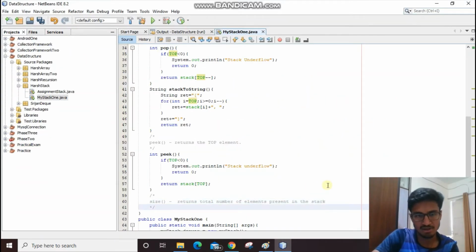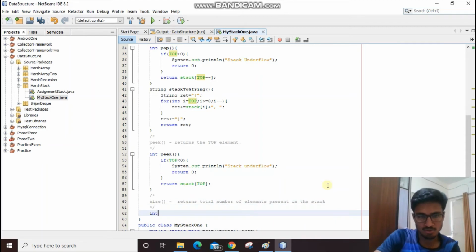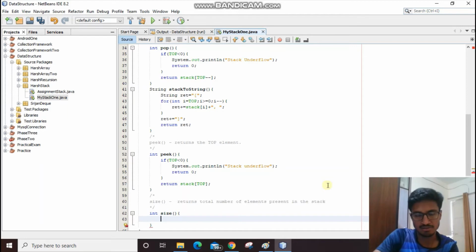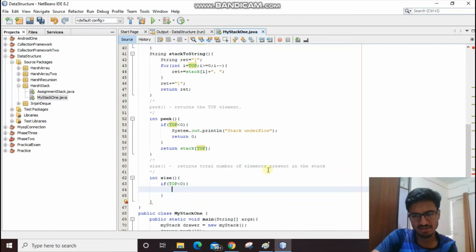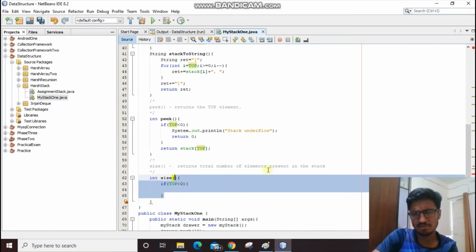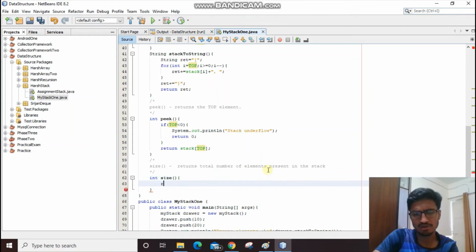Let's create the size method. It's going to return an integer size. We are not going to print anything here if top is less than 0, because we do not need to create a limit here; we just simply return top plus 1.